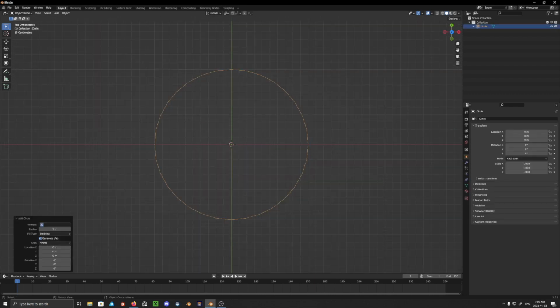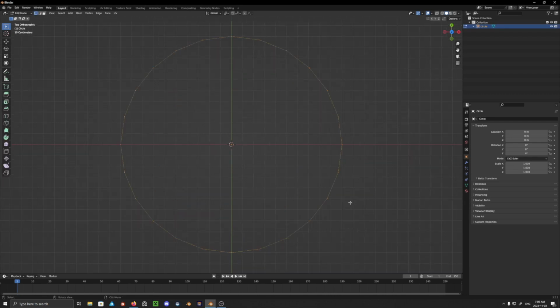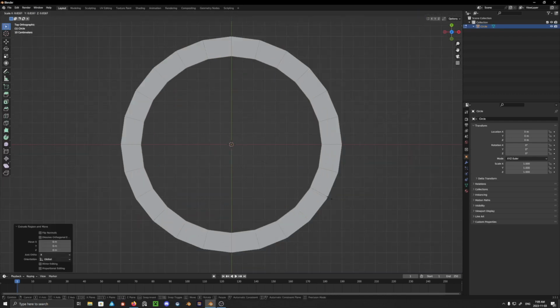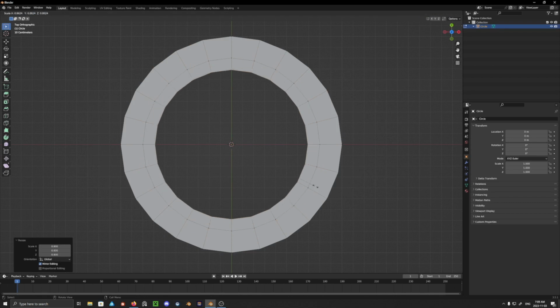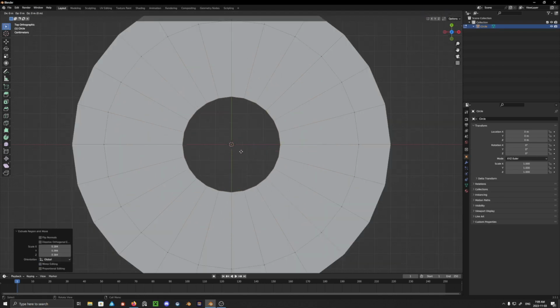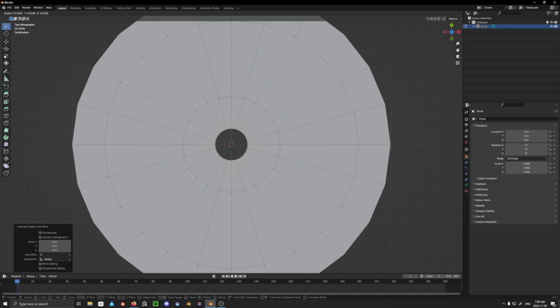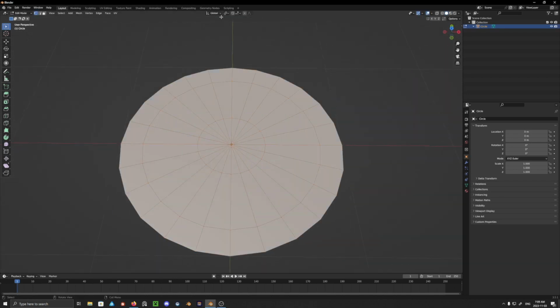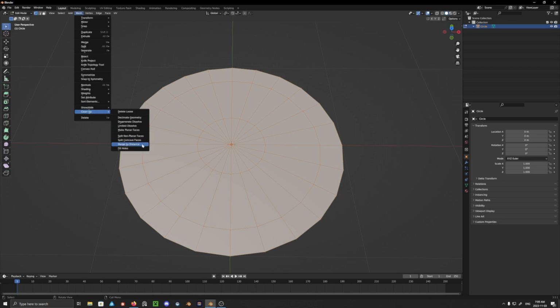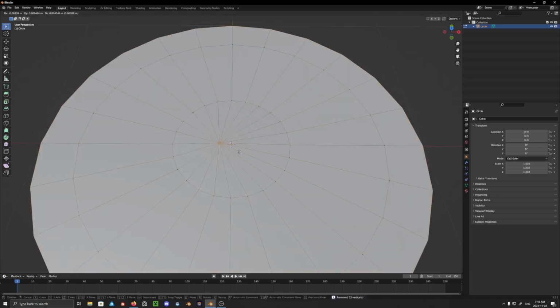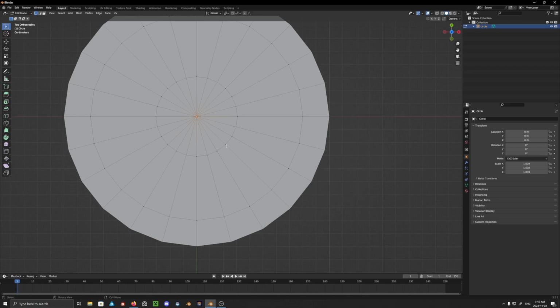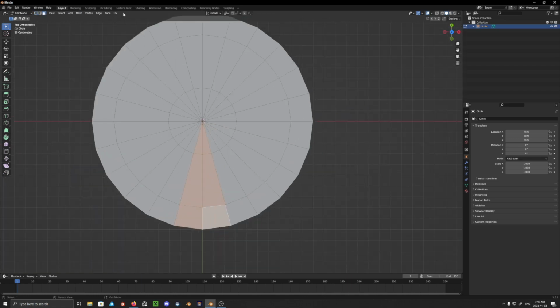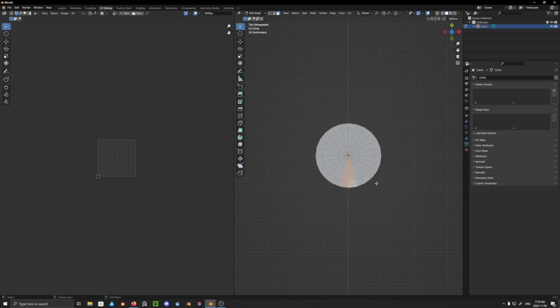So I'm going to just go into Blender and create a circle with 24 sides. I'm going to scale it in a bit, and I'll scale it right to the center. So if you hit 0 on the keyboard, that will just go right to a single point. And I'll merge by distance. That'll get rid of the duplicate verts in the center. Now, what I'm going to do to create this is I'm just going to take a piece of this pie,